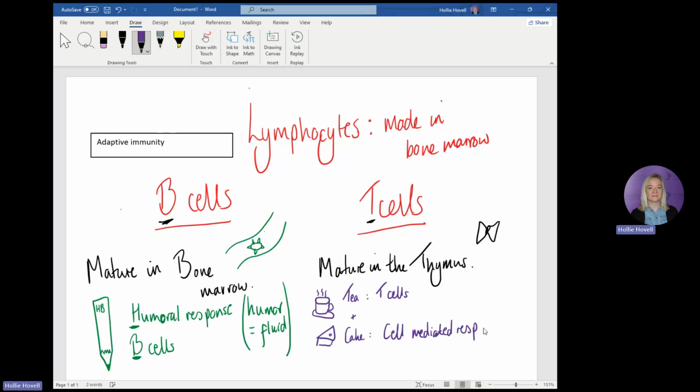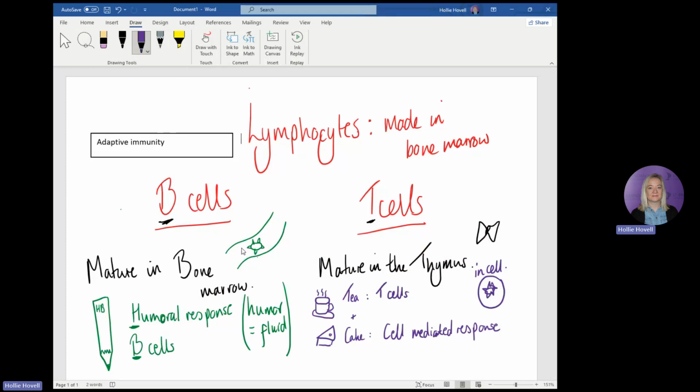response. And what that means is that our pathogen isn't in the liquid part of our blood, it's actually hiding inside one of our cells. And that means it's less accessible for our immune response to get to it. It's harder for our white blood cells to actually access that pathogen because it's hiding in one of our cells, whereas our humoral response is a bit easier because the pathogens are accessible, they're just floating around in the body